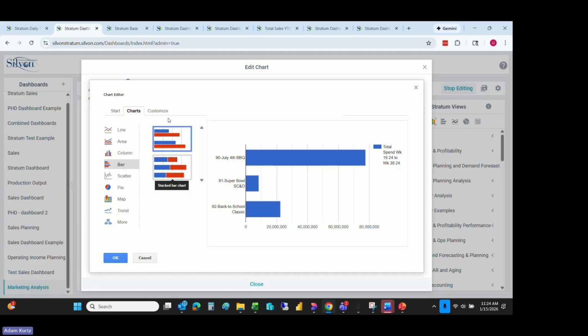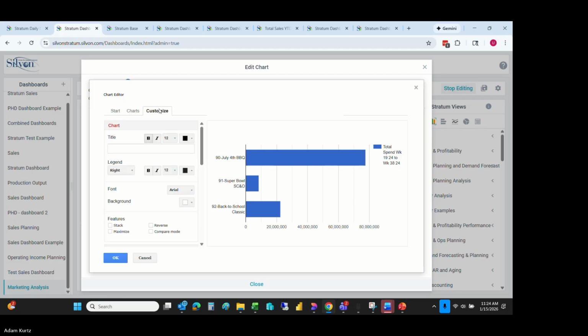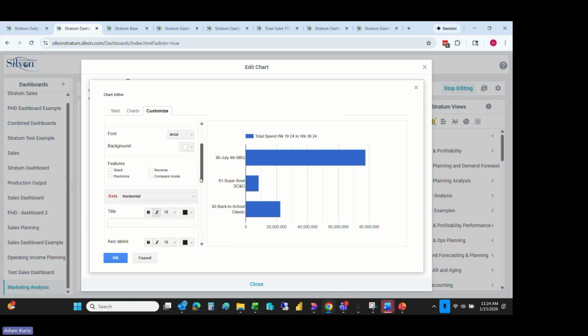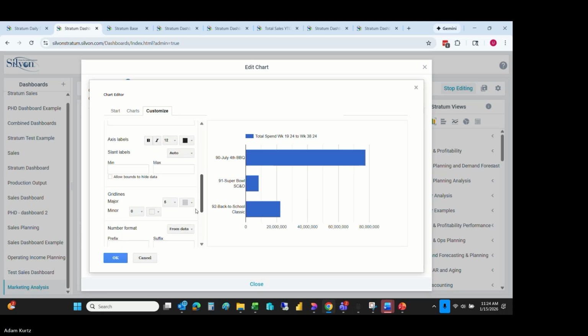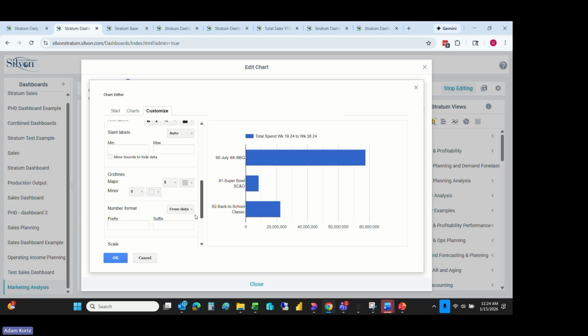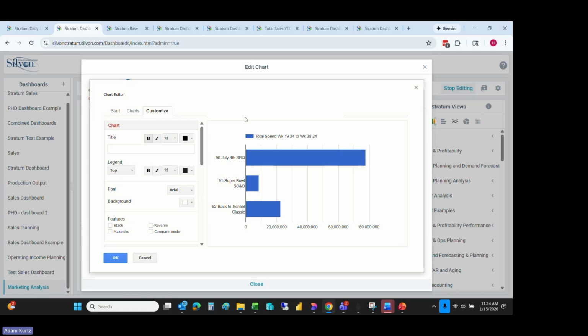If we were doing some sort of comparison, I can customize it further by giving it a title. I can, as I said, move the legend. Maybe I want it on the top. As you can see, it does the adjustment for you, so you can see how it looks on the fly. Font customization, axes titles. It's pretty deep in terms of what you can do and how you can customize the